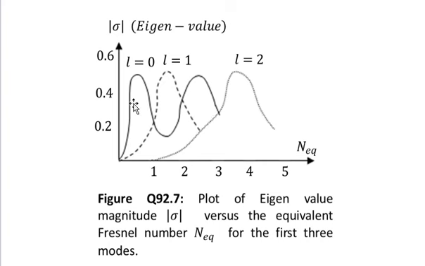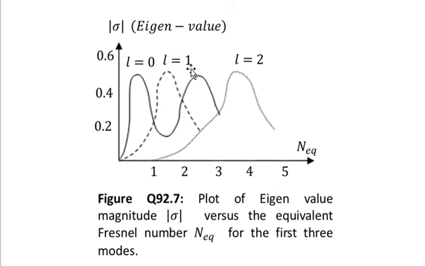You can see a solid curve starting from nearly zero value of N equivalent. The solid curve represents L is equal to 0, the first mode. The long dotted line gives you the mode corresponding to L is equal to 1, that is the second mode, and the third mode corresponds to L is equal to 2, shown with the small dotted curve. So if you want to select a mode, notice for example the peak value